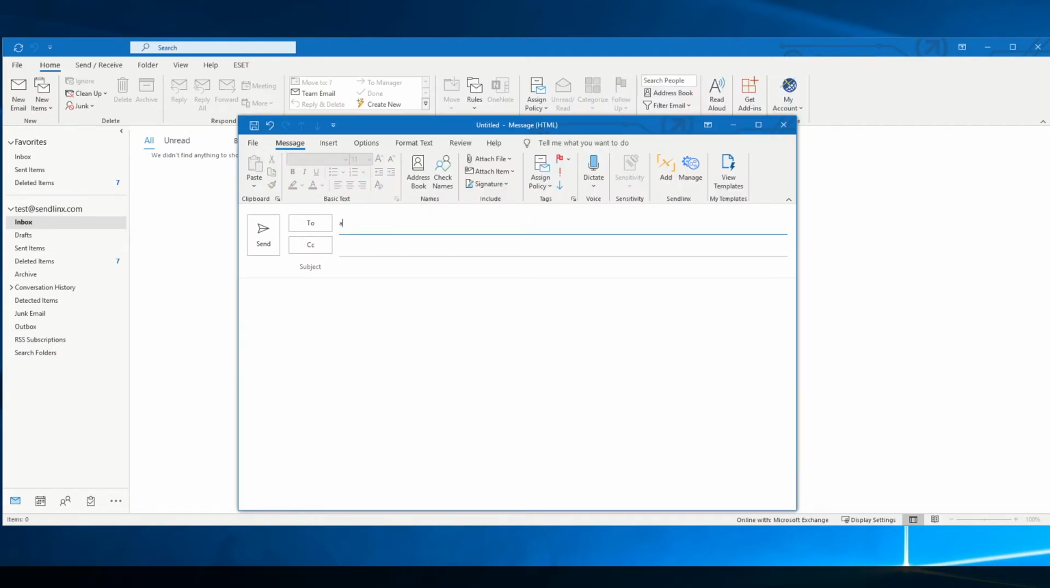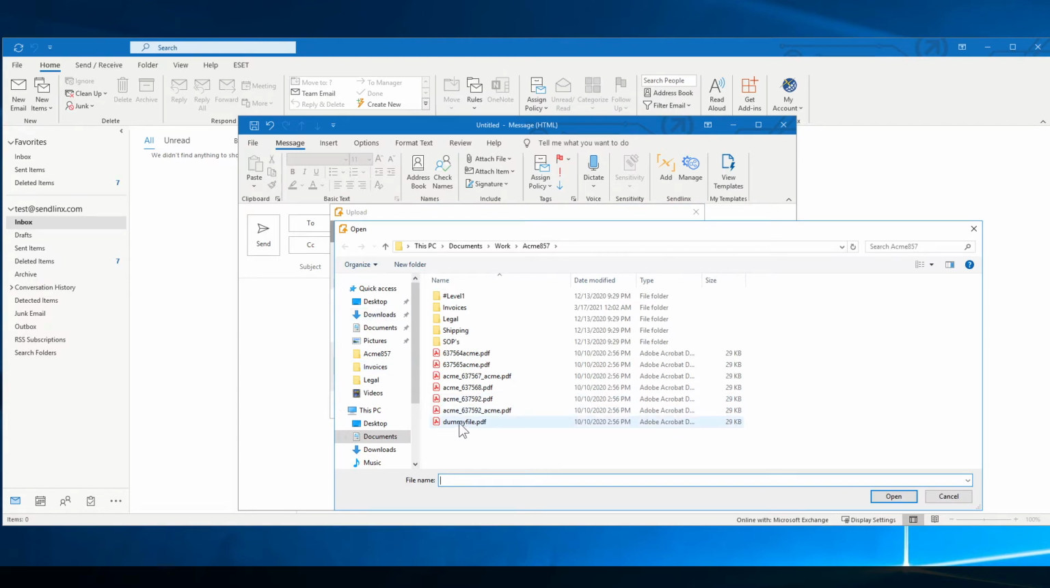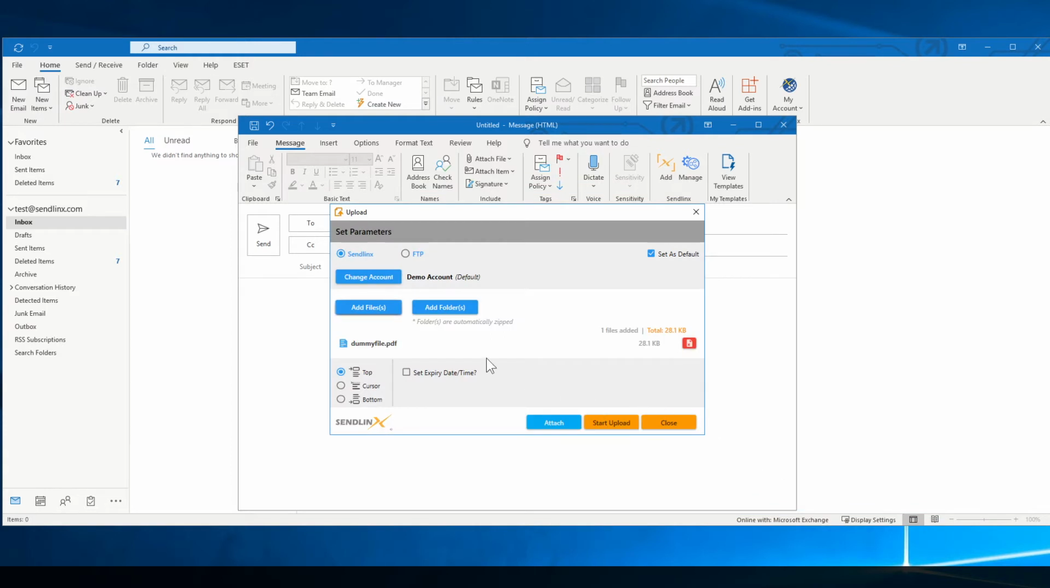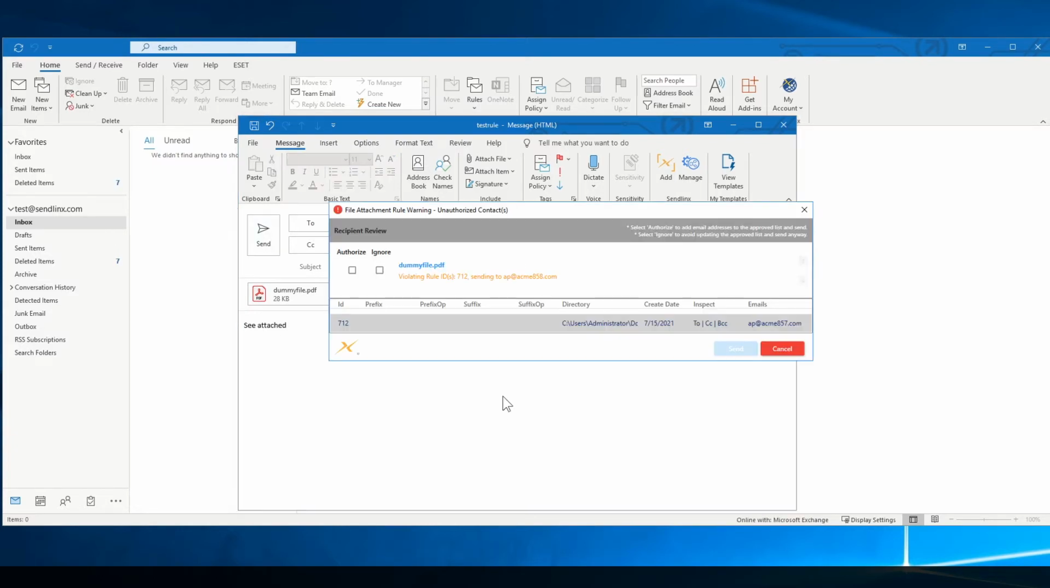So let's send an email to ap@acme858.com instead of the authorized ap@acme857.com with an attachment. Let's click Add and then Add Files, and then let's pick dummyfile.pdf from the directory we have in the rule and click Attach, and the subject heading we'll just type in Test Rule, and for the body we will say See Attached, and we will click on Send, and you will get a warning that this